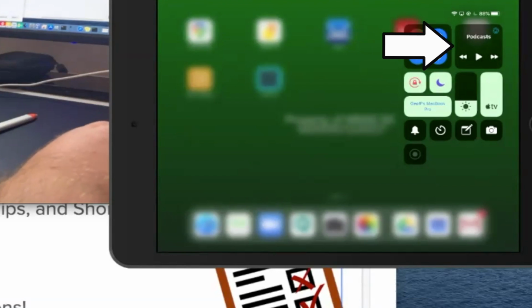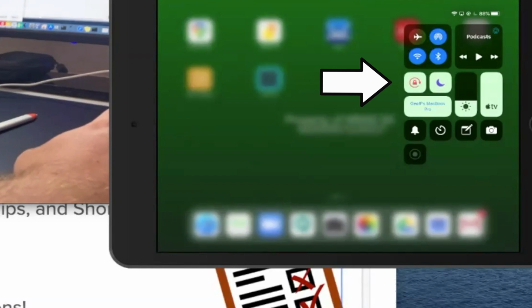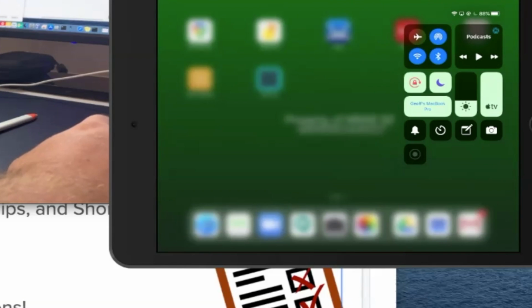If you're playing music or a podcast or a video or something along those lines, this is the control center for that. You can play, pause, you can fast forward, or you can move forward a track or move back a track or something like that. Right here is lock screen, which just means it locks it in the orientation that it's currently in. So I don't want mine to switch into portrait mode right now, so I just put this screen lock on. So no matter how I hold my iPad, so I've got it held portrait, it's still going to be in landscape